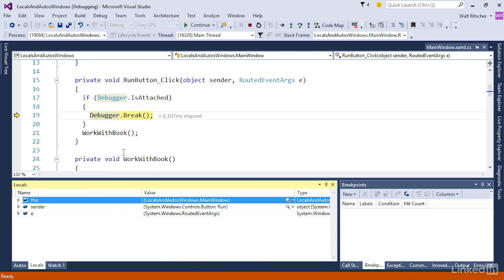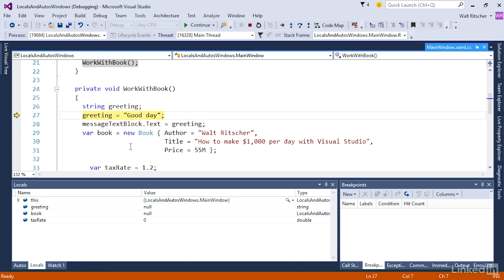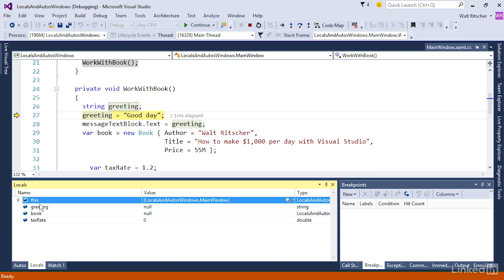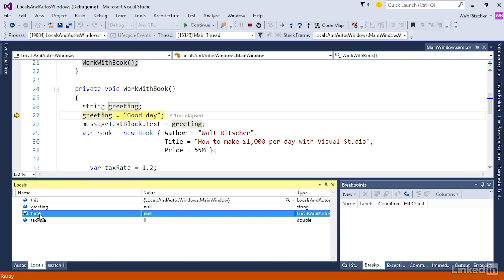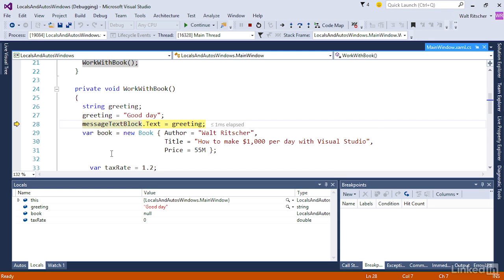Switch over to the Locals window, step in my code till I get to the WorkWithBook method. Now what do you see here? In the Locals window, you only see variables that are declared within this method, and they're local variables. So I can see, again, this variable, and I can see greeting, book, and taxRate. As I step through my code, you won't see any differences. This list stays the same